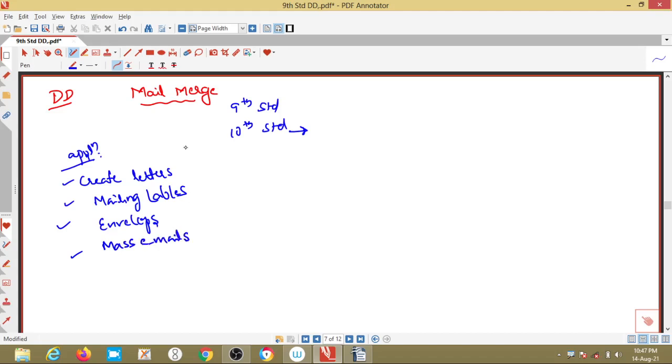So if you want to create any number of letters, mailing labels or envelopes, or send emails to many customers or students, whatever it may be, for these applications we are using mail merge.